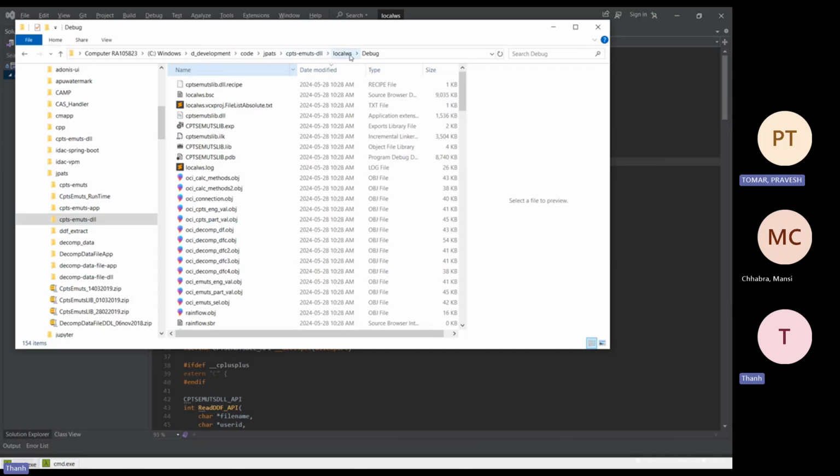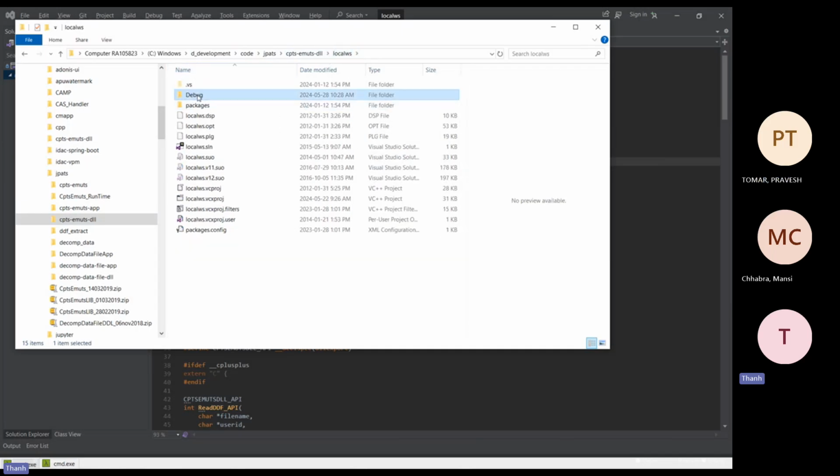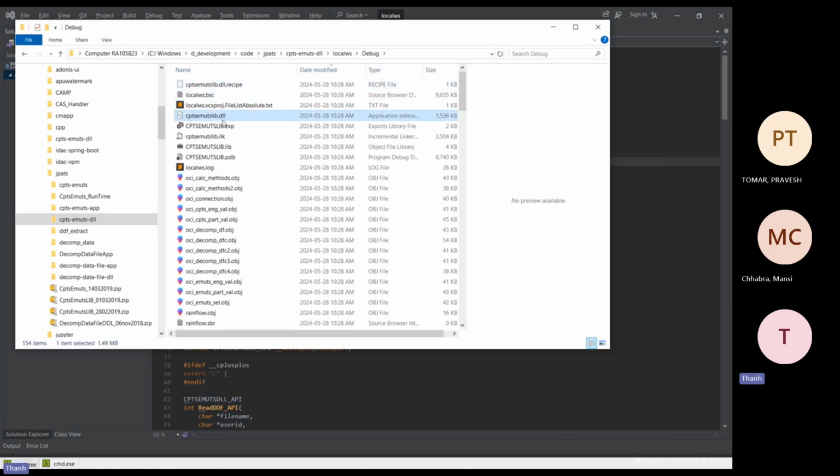and then local WS, and then you see there's a debug folder that was generated today. If you go into the debug folder, you see the DLL that it generates. It's this one. It's just generating it at 10. Oh, it's generating the DLL. Yeah. And so this is the DLL that we'll be using for